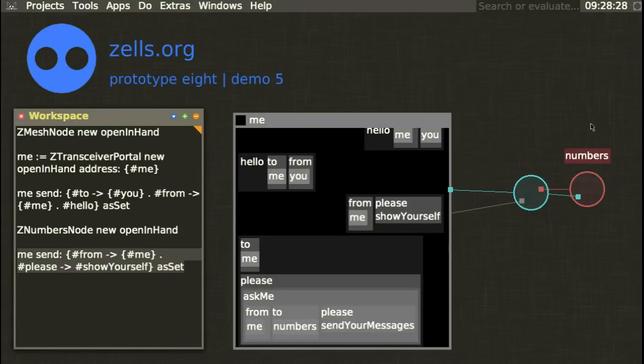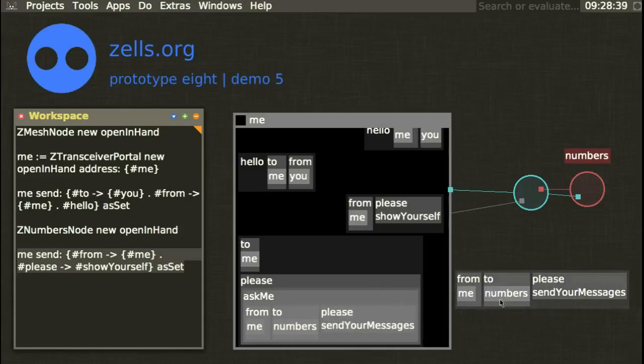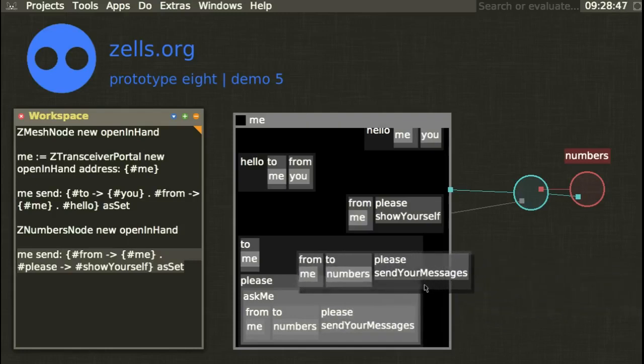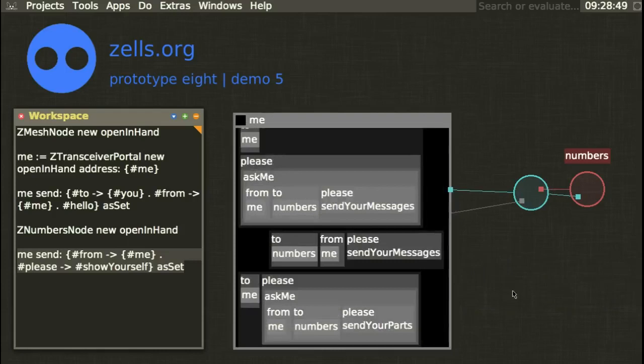Since there's only one other node, numbers, in this mesh, I only get one reply, but this reply contains a message, an example message, that I can send to numbers to get more information from it, in this case to send me all the messages that it understands. So let's send this one, and we get another reply, this time again with an example message. So numbers only understands one message, and that message is to send me its parts. So I can take that and send it,